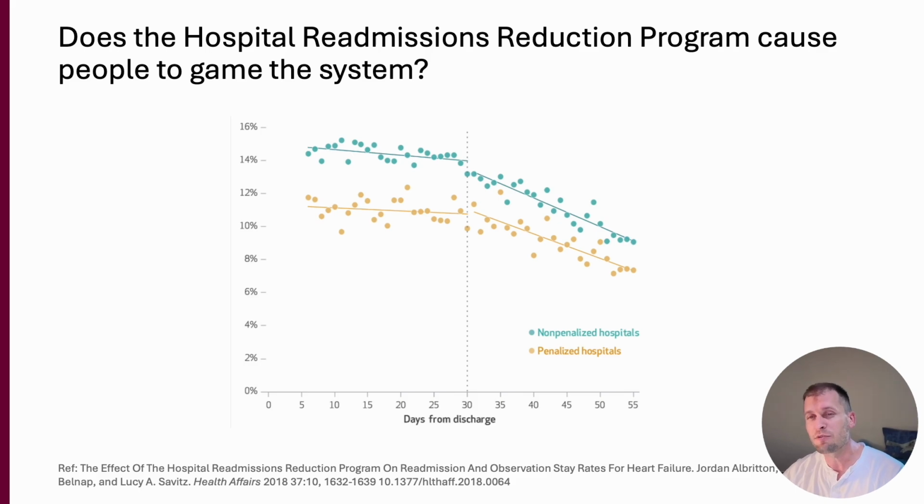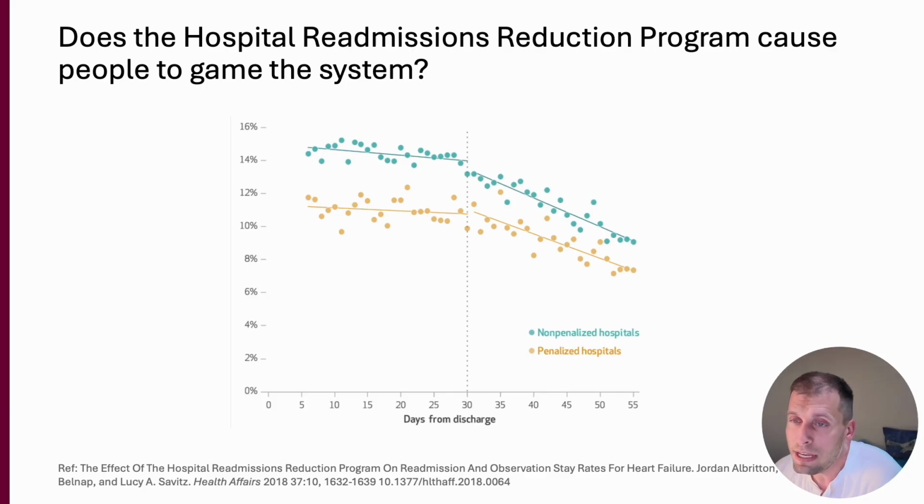The y-axis represents the percentage of those heart failure patients who were readmitted. They were admitted as for observation status versus readmitted for their heart failure. And on the x-axis here is how many days from their discharge. And of course, that 30-day line, that's where CMS, Center for Medicaid and Medicare Services, is looking and judging you,